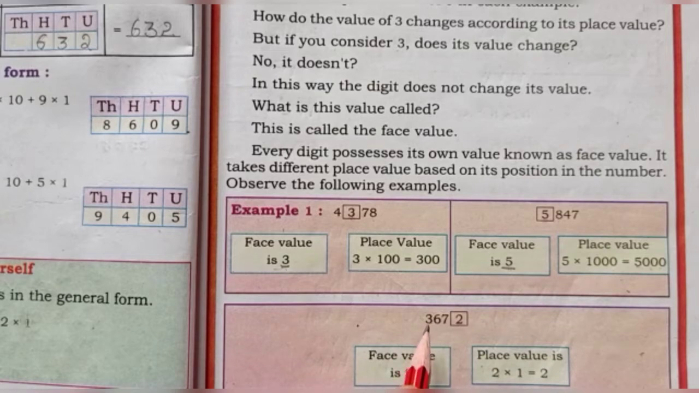Let us see the third one. Observe the example, third one. What is the place value and face value of 2? See,